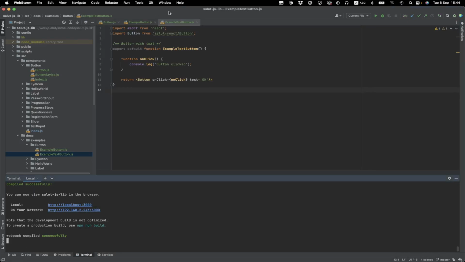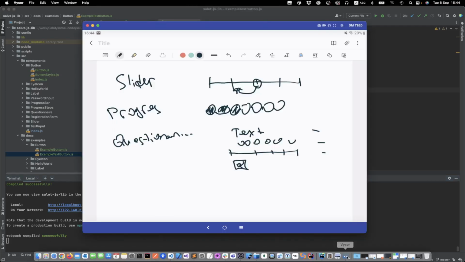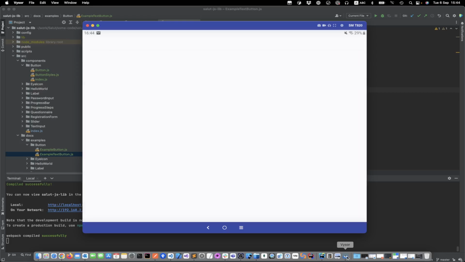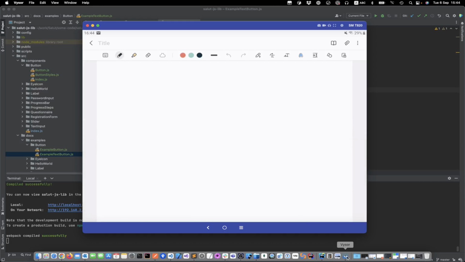Let's talk about how to use all of these controls. Let me go to the whiteboard once again. So we have our Salute library, which basically consists of some controls: button, label, questionnaire, and we need to output this